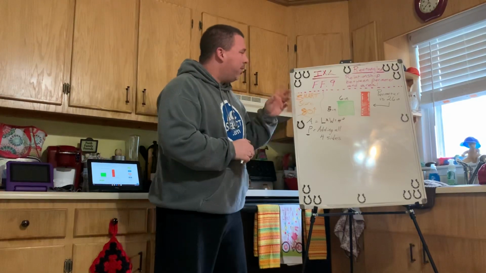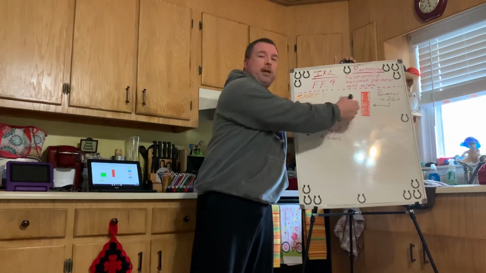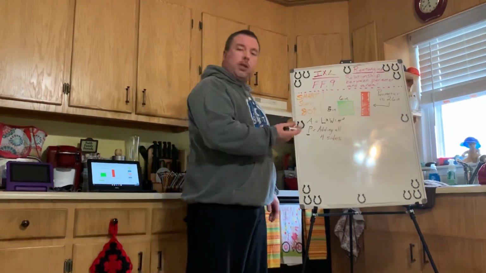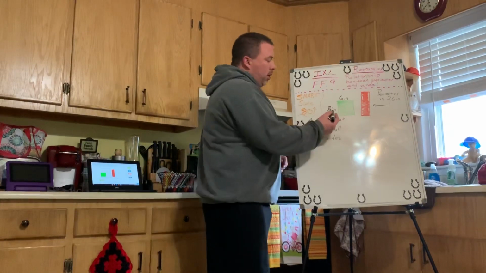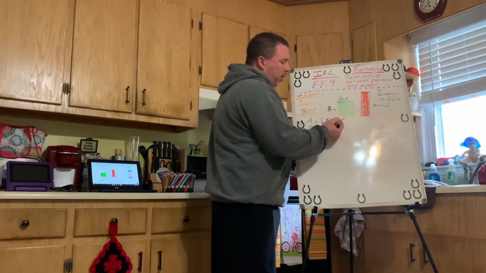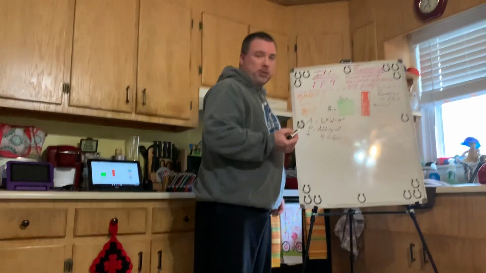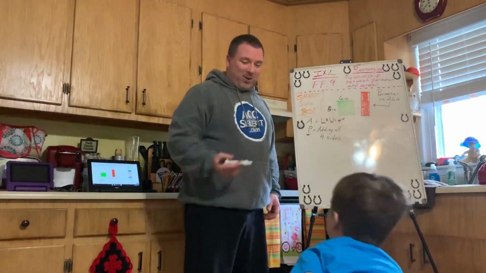But what you have here is they're going to be showing you 2 shapes, and they're going to ask you a question about the shapes. So let's do this first one together. We see that we have a rectangle here that has a length of 5 inches and a width of 6 inches. Now, if we were to do the perimeter,